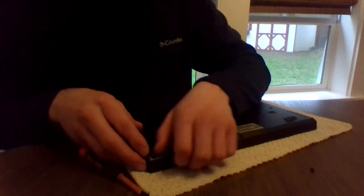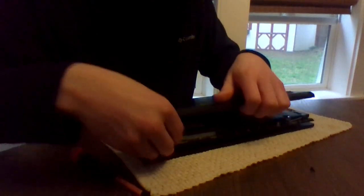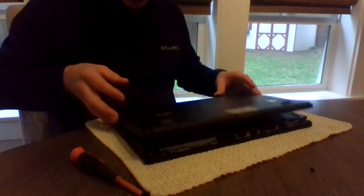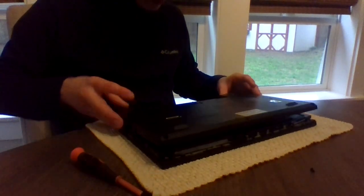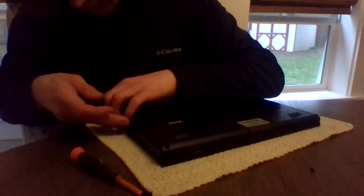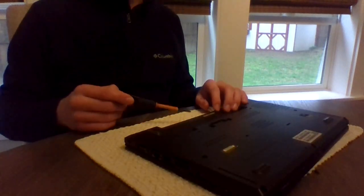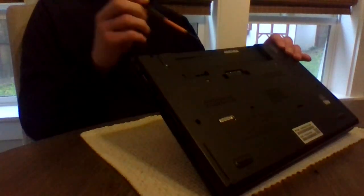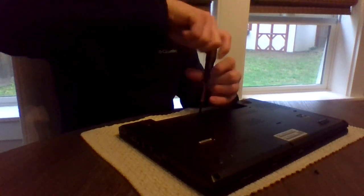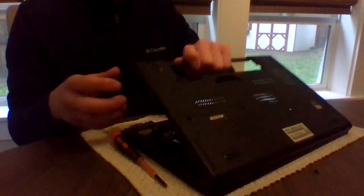now that I've done that, you can use your nails. Sometimes you can use a tool, something thin, and then you just lift. Don't want to force it. See, I removed the battery because there's one more screw right there. Once that screw is loosened, I can now fully remove the back,